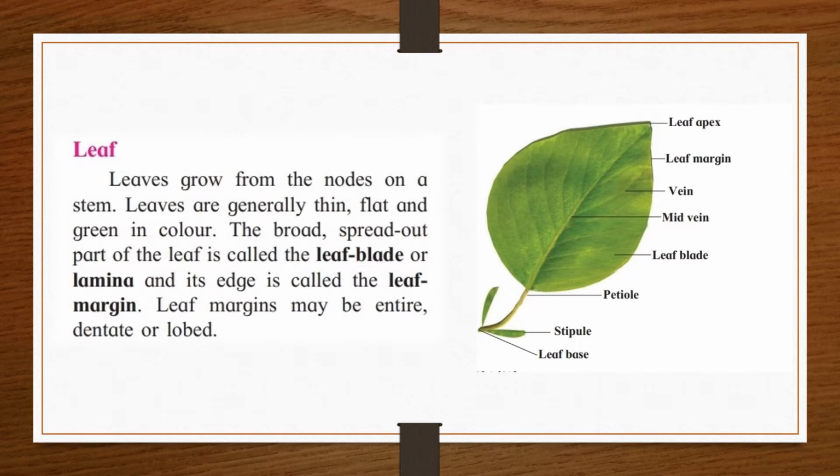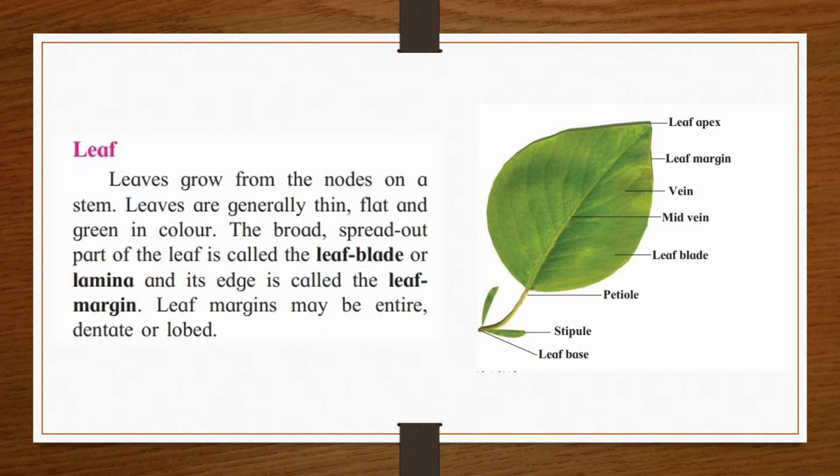Okay students, another function of the leaf is that on the lower part of the leaves there are minute pores called stomata. Through the stomata, exchange of gases takes place. When plants perform photosynthesis, they give out oxygen, and during night time plants give out carbon dioxide. Plants also give out water vapor to the surrounding. Understood students? So these are the functions of the leaves, and that's why leaves are very important.